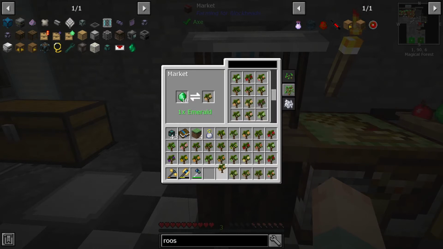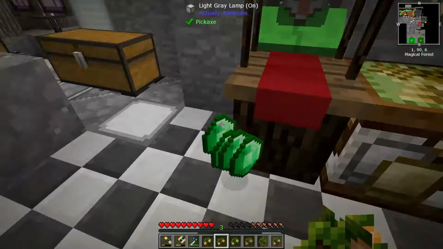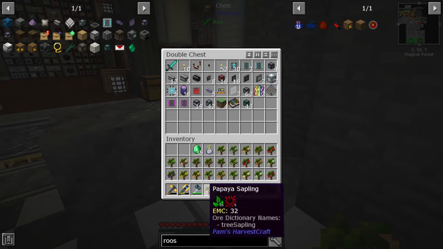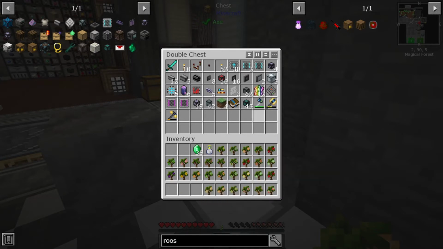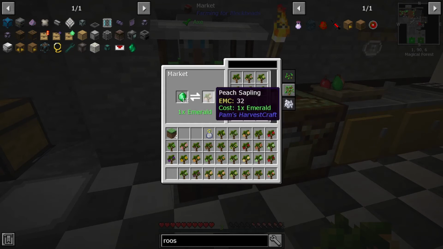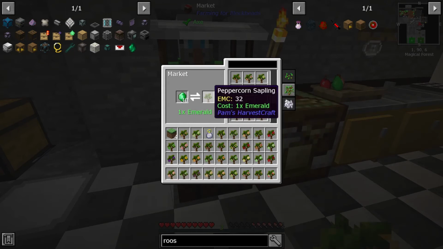you might be thinking this is kind of overkill. Nobody in their right mind needs this many of anything. And you'd probably be right, to be honest. But as you know, I like to collect things, so if there are a bunch of saplings, then we need a bunch of saplings. Not to mention, honestly, what I would really like to do is